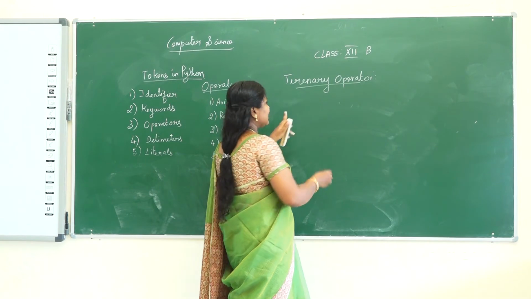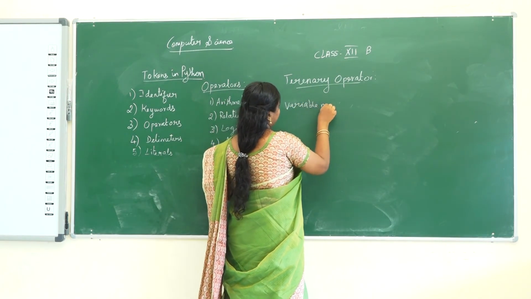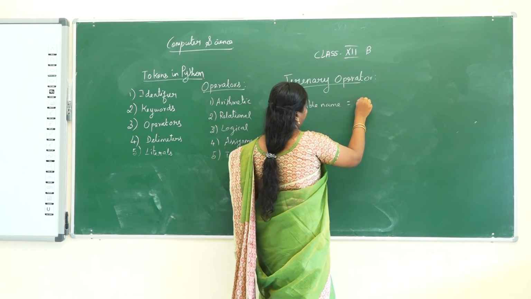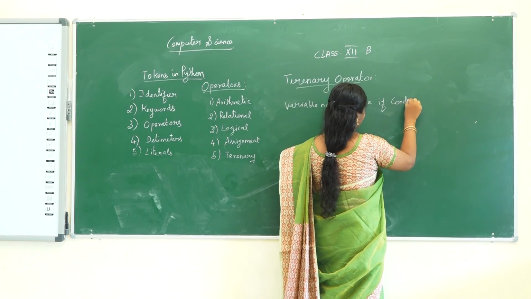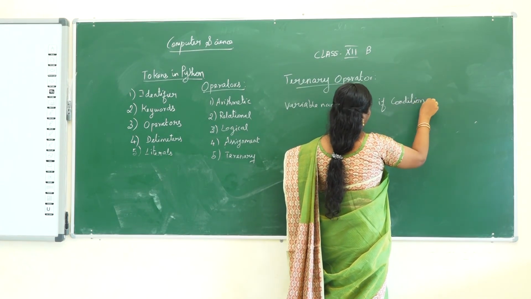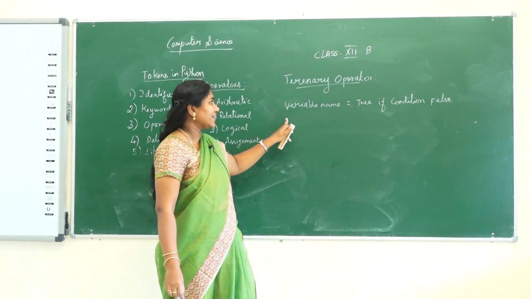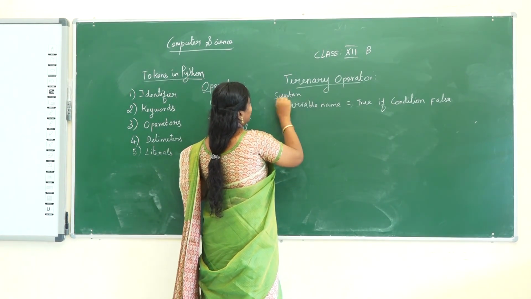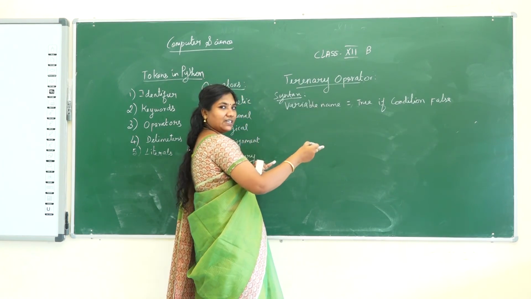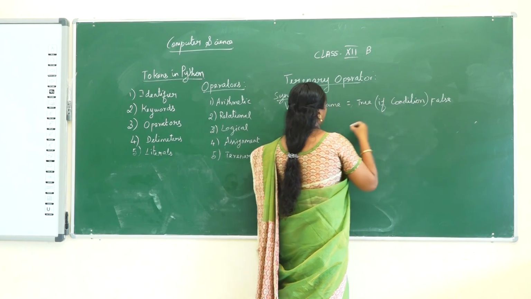So, it has a syntax. Variable name is equal to true part if condition, and next the false part. Okay, so this is the syntax for the ternary operator. Variable name is equal to true part if condition, that is the conditional statement, and next comes the false part. Okay, so example,